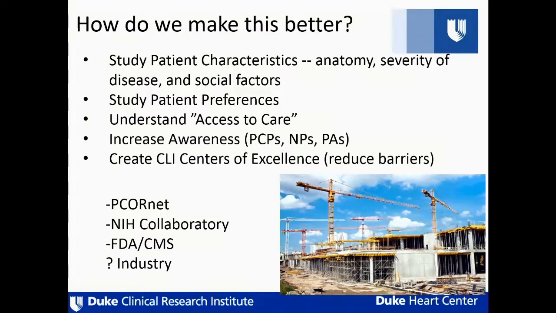How do we make it better? I've got 4 seconds, but I'm going to go over a little bit. So we got to know more about why this is occurring. Is it anatomy? Is it severity of disease? Can I look at a patient and say, what is their burden of disease going to be? Do I test that? Is it people coming to me? Is it people coming to vascular surgery? Do they just go to their PCP?